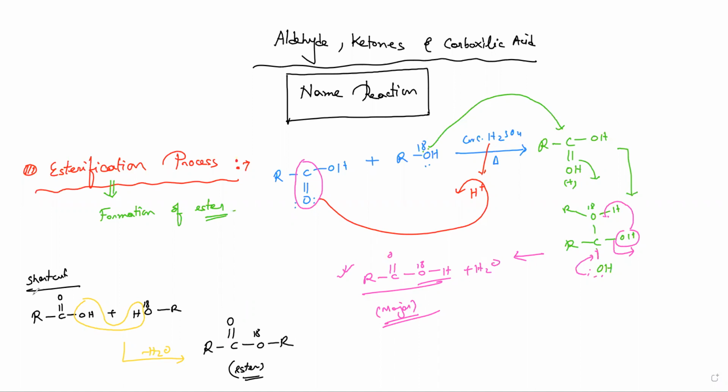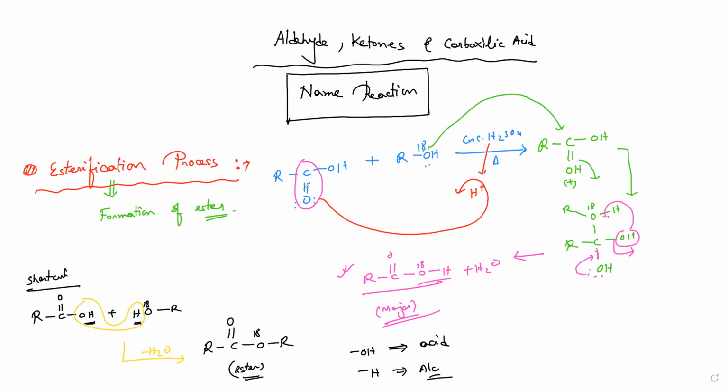So basically you have to remove one water molecule. And how can you remove the water molecule? You have to remove OH from the acid group and H from the alcohol. Remember, OH you have to remove from the acid and H you have to remove from the alcohol. Is it clear? Any doubt regarding this part? This mechanism is clear for all. So this is about the esterification mechanism.